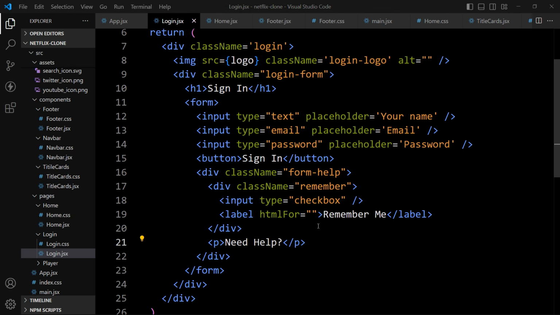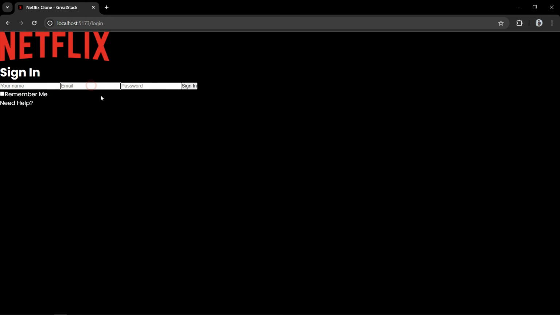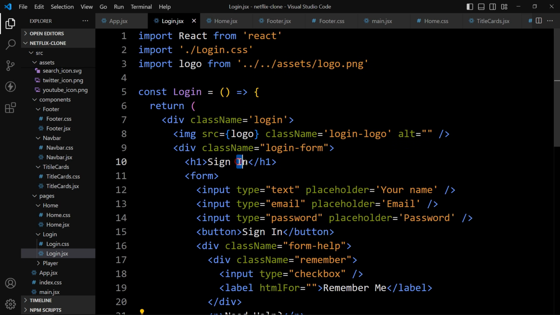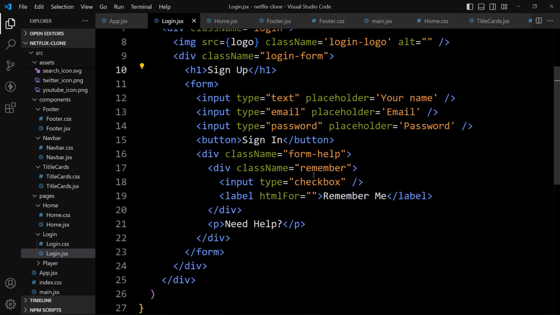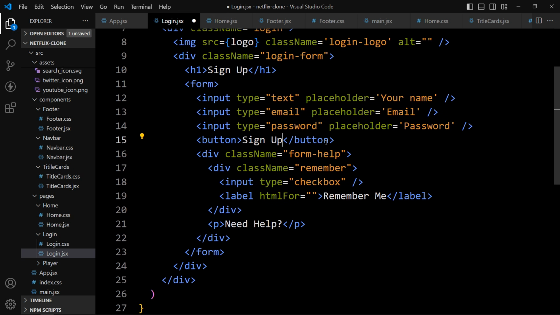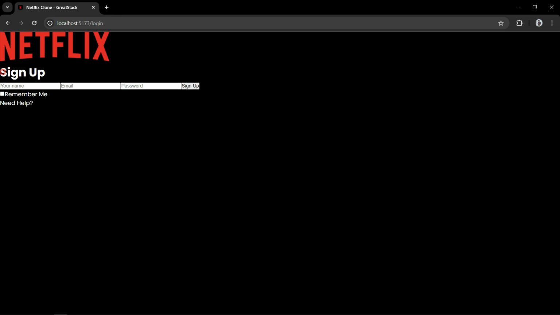So after adding this, let's open the web page. Here we have the name, email and password, then one sign in button. In this sign in form we don't provide the name, so let's make it sign up. Instead of the sign in we will add sign up. It means it is a user registration page. In the button also let's add sign up. Here we have the button, correct? So here we have the sign up text, then name, email, password and sign up button. Remember we need help. Now we will add the CSS properties for these elements.